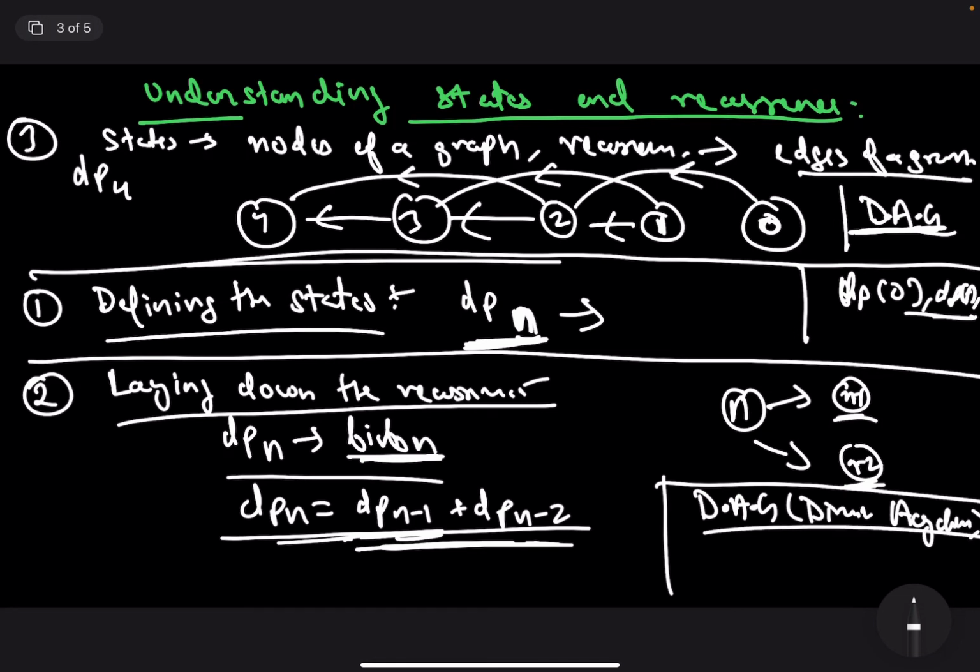A directed acyclic graph is a graph without any cycles. For example, this one over here is a directed acyclic graph. Now what is not a directed acyclic graph? This one over here is not a directed acyclic graph because it has a cycle. In a directed acyclic graph, once you leave a node using a path, you will never be able to come back to the same node no matter what.